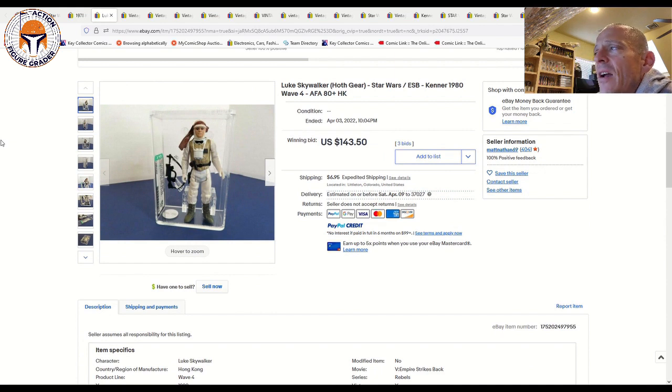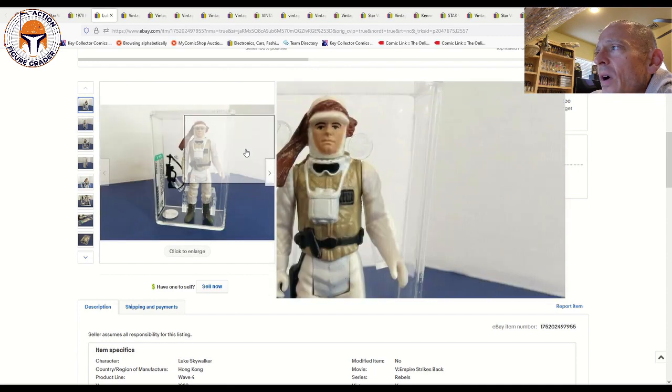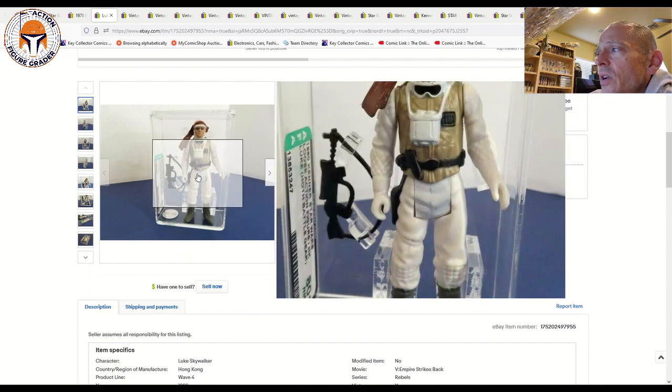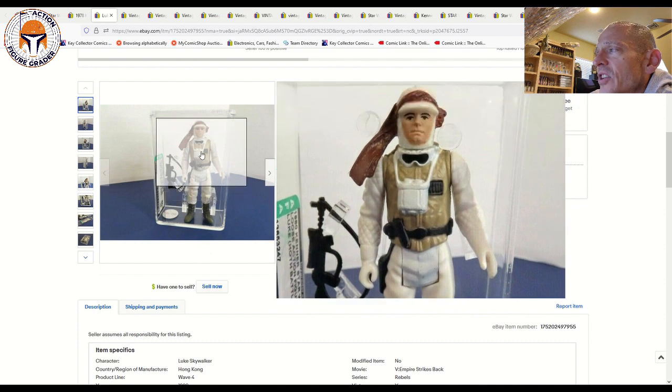It was listed with a starting bid of, I believe, $139.90. It was an AFA 80+, which, if you guys collect these white figures, you know how tough it is to find them in high grade. It's just really, really tough to find. It looked like a really nice condition,